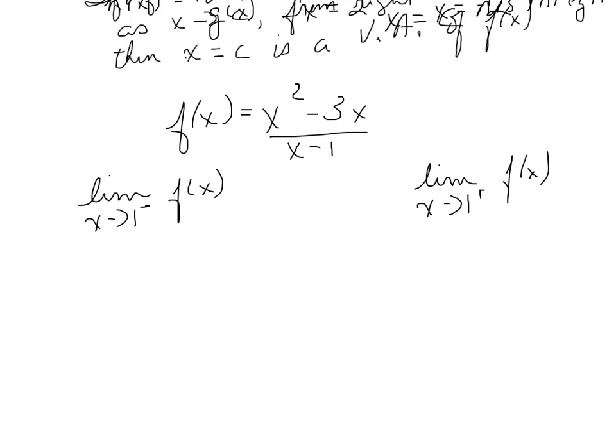Because how does that factor? Just x times x minus 3. So here we would have x times x minus 3 over x minus 1. I want to try to determine if, from the left, am I going to positive infinity or